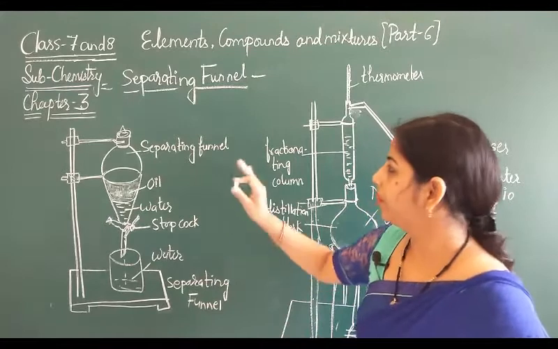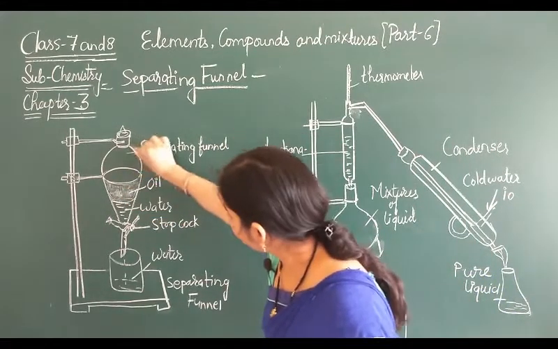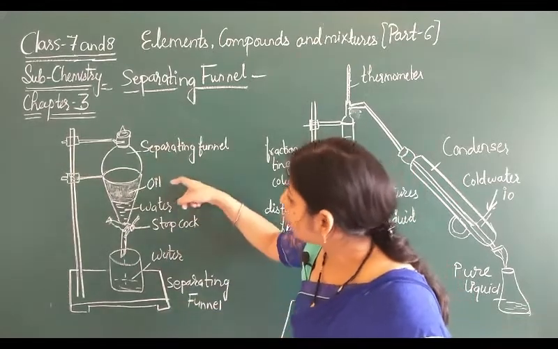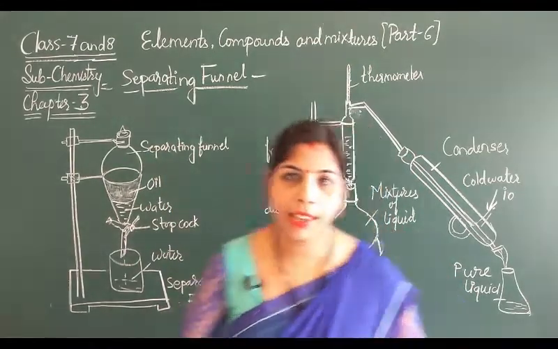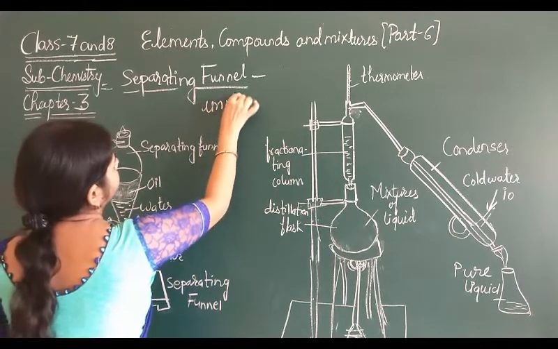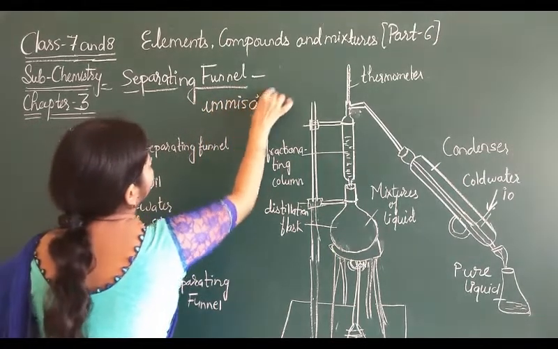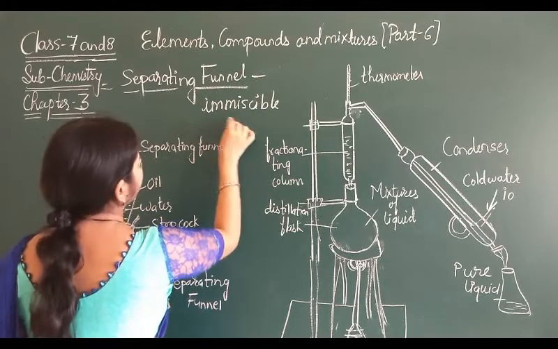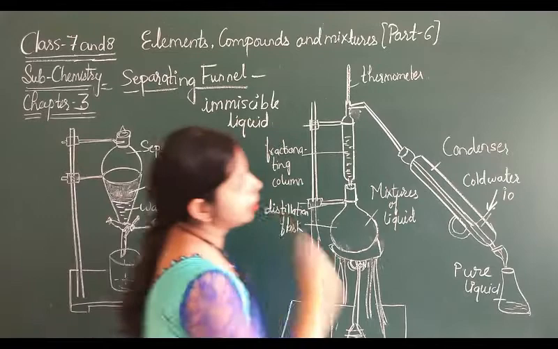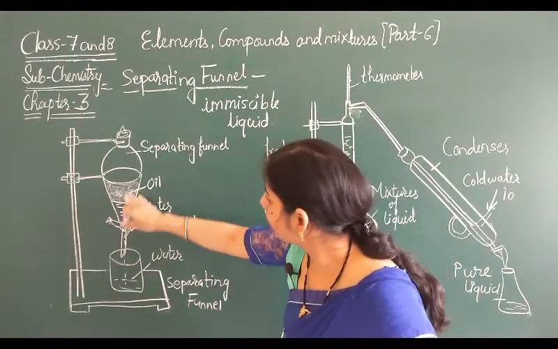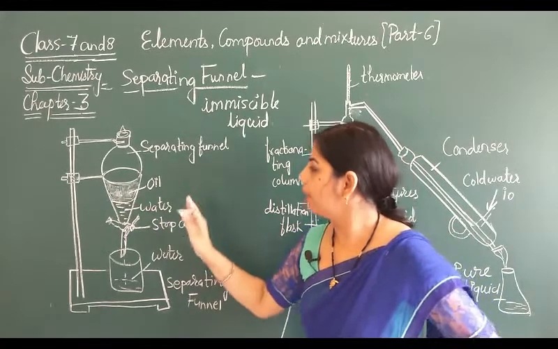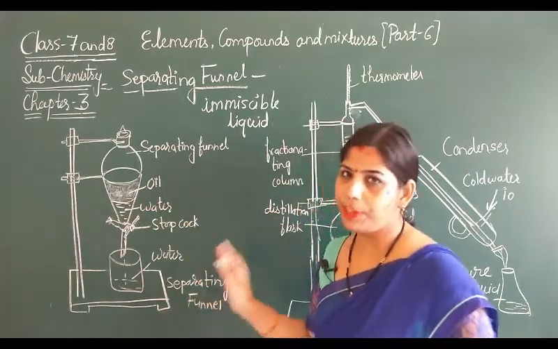In this separating funnel, there is a structure in which the mixture of oil and water, which is known as immiscible liquids, is put. This method is based on the principle